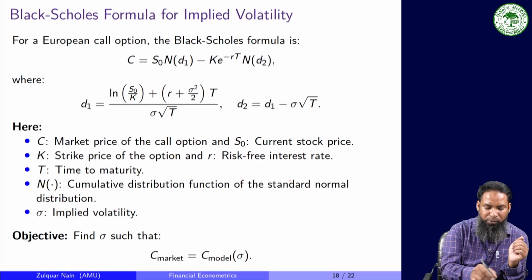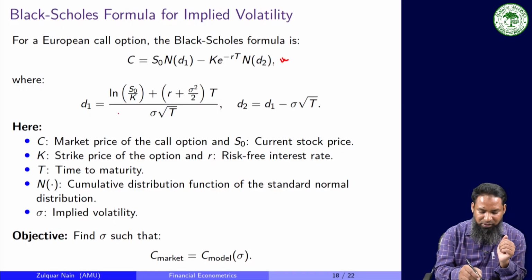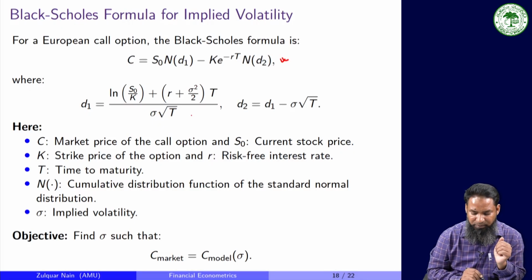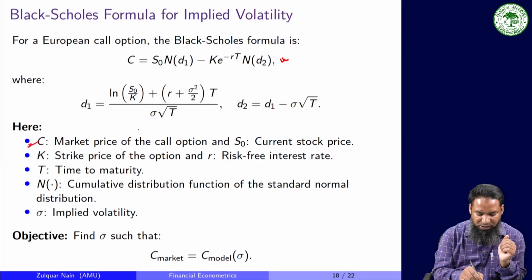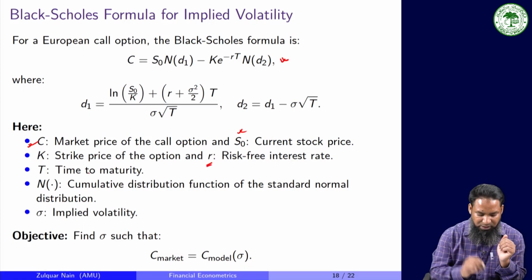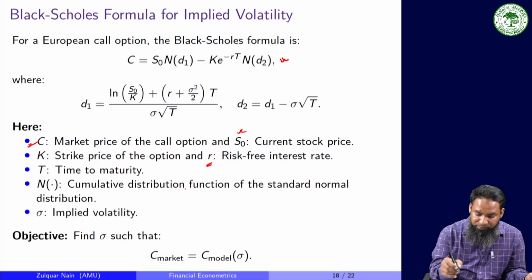We know that for a European call option, the Black-Scholes formula is given like this, where d1 is [ln(S0/K) + (r + sigma^2/2)T] / (sigma square root T), and d2 is equal to d1 minus sigma square root T. Here C represents the market price of the call option, S0 is the current stock price, K is the strike price of the option, r is the risk-free interest rate, T is the time to maturity, and N represents the cumulative distribution function of the standard normal distribution. And here this sigma